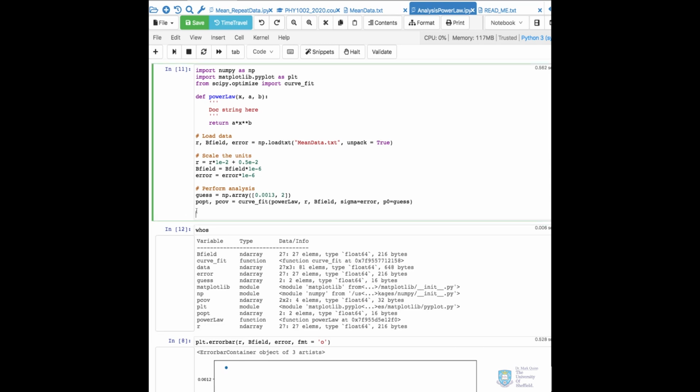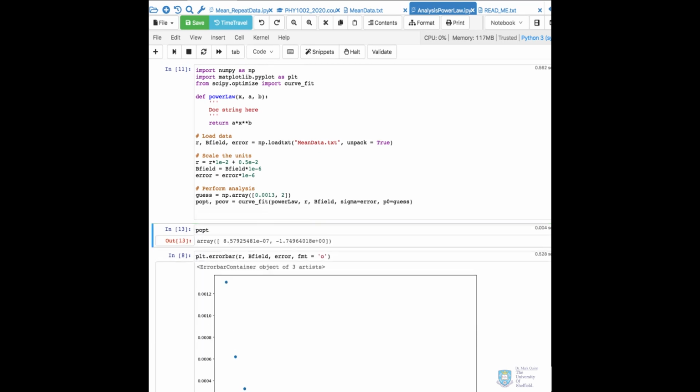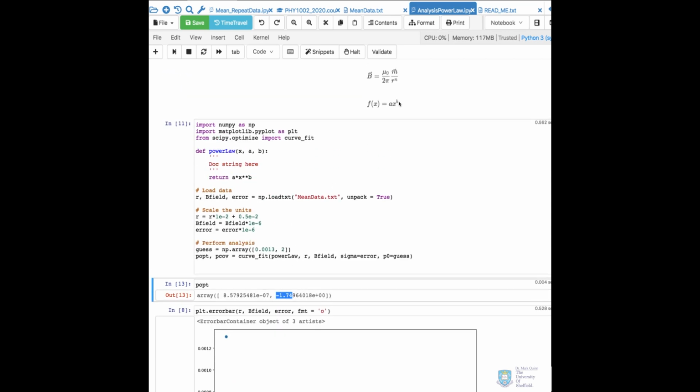Now I'm just curious what p-opt is, so let's have a look. So I'm just going to type p-opt and hopefully it makes sense. Okay, so the easy number to understand is this one here, minus 1.75, roughly minus 2. So this is B here. So the optimized values that are returned out of the curve fit algorithm are the optimized values for these 2